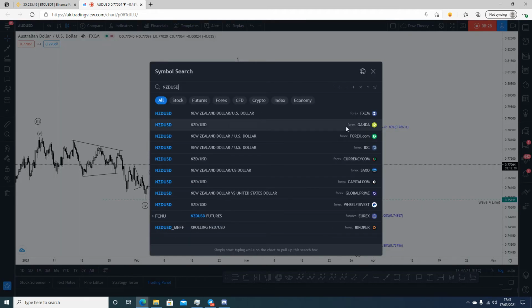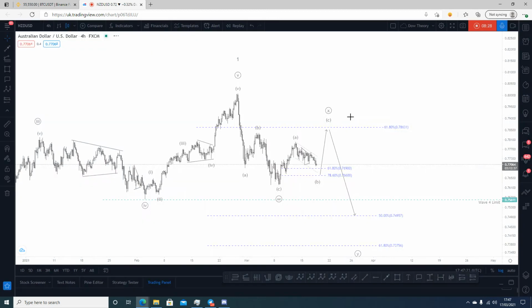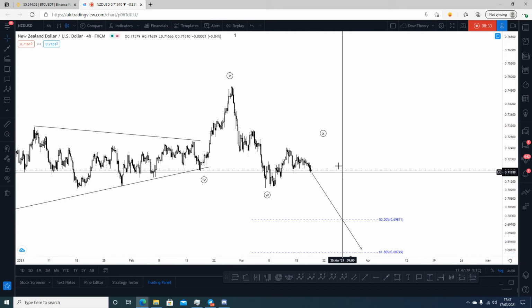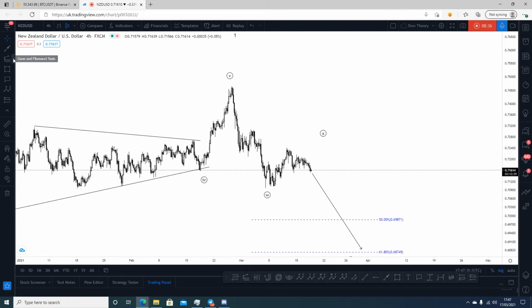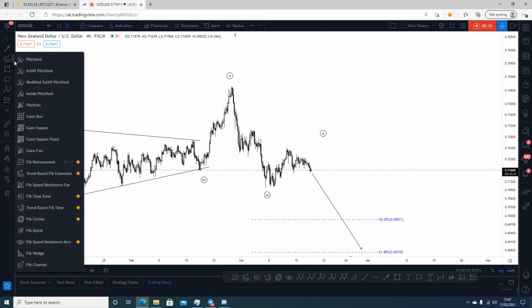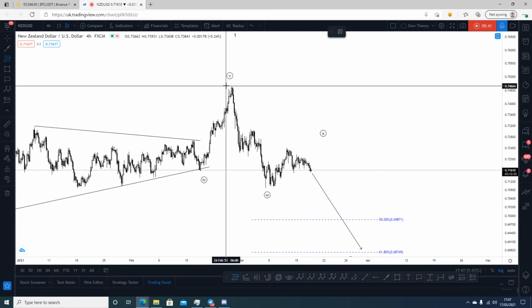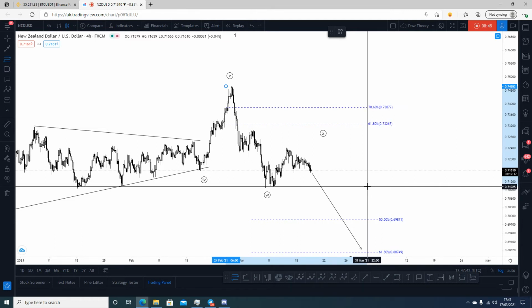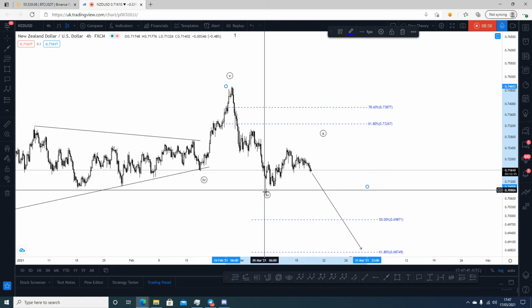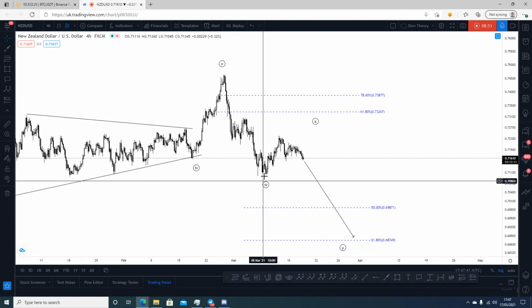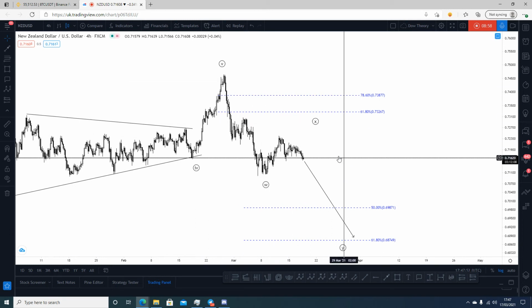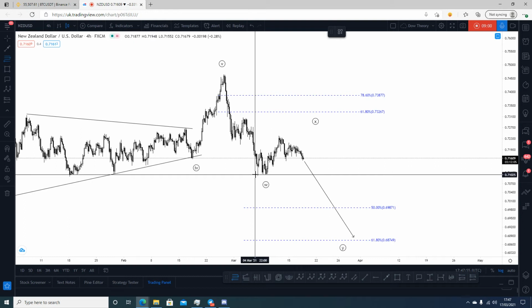Same, guys, would be for NZDUSD as well, right? So we're looking at similar structures for not just all the other dollar majors, but for pretty much all dollar majors, in fact. And this is important, guys. This is very, very important that we understand this. Now, as you can see, again, we'd be looking at, of course, we have a truncated fifth here. This is ABC. We're looking at a similar sequence here as well, right?